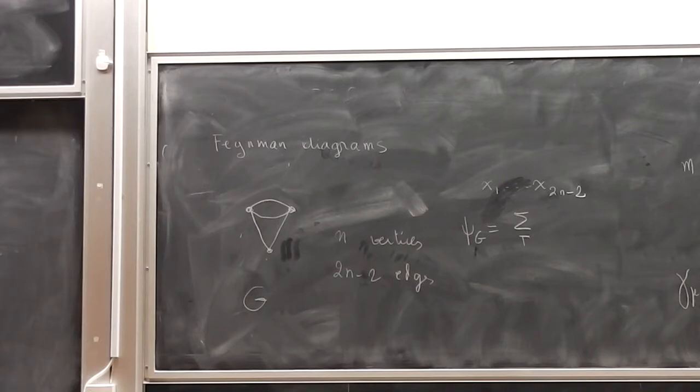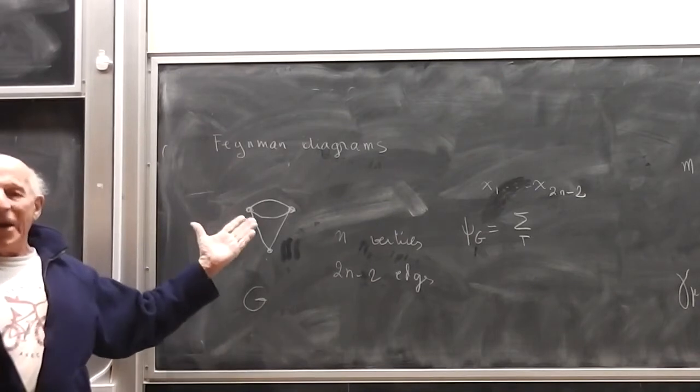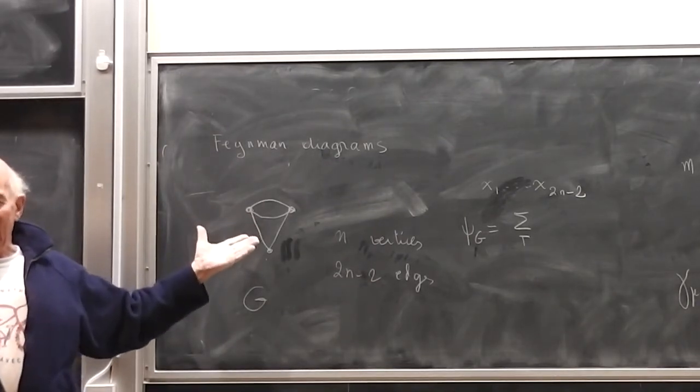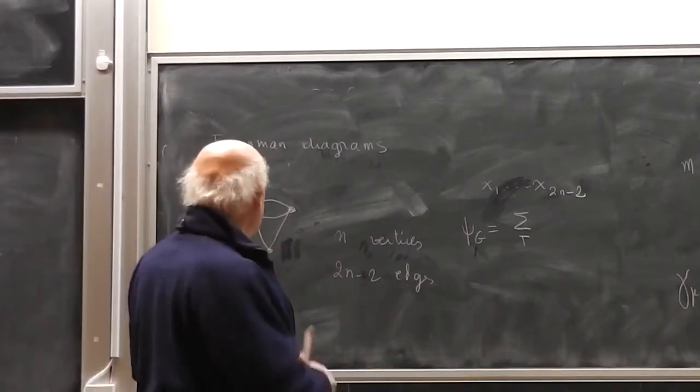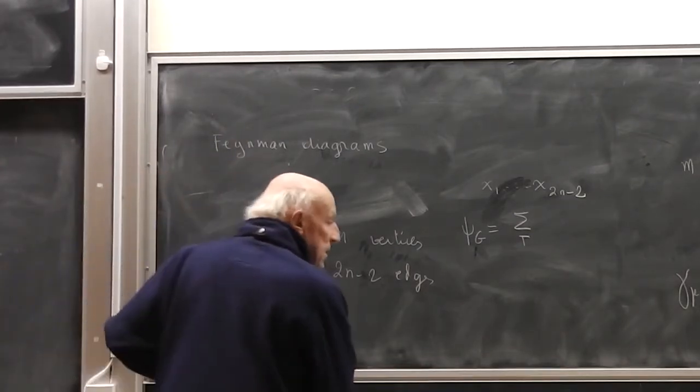A tree is a subgraph which goes through all the vertices with a minimum number of edges. It is known that the minimum number of edges is n minus 1. So you can connect 3 points by 2 edges, and there are many ways to do that. Each way is a tree. For each tree, you select, for instance, suppose you have selected